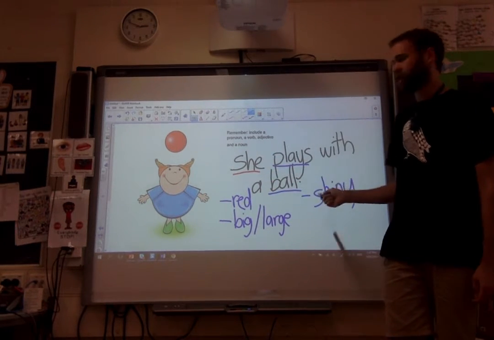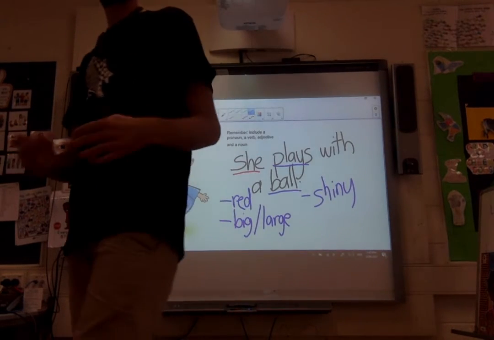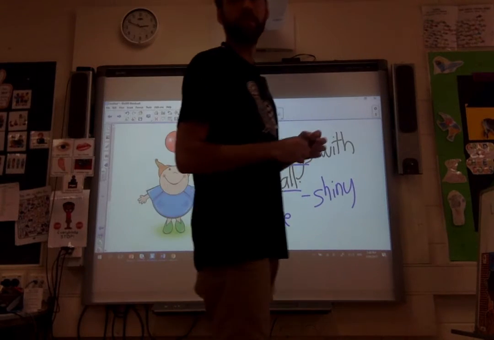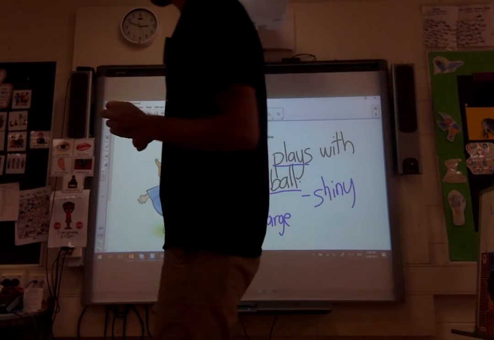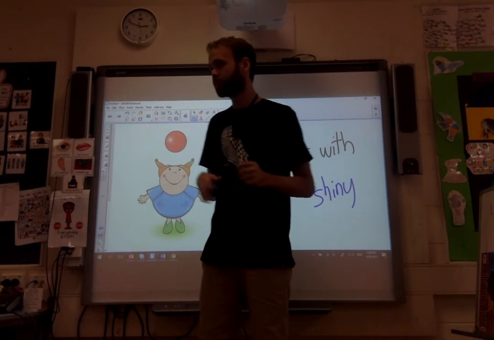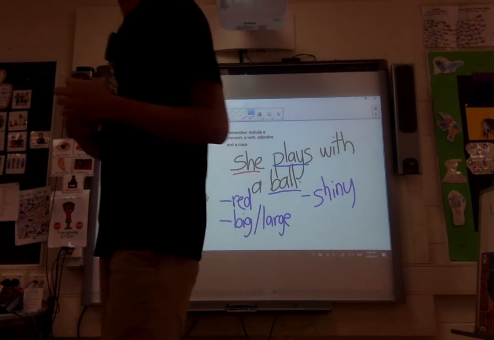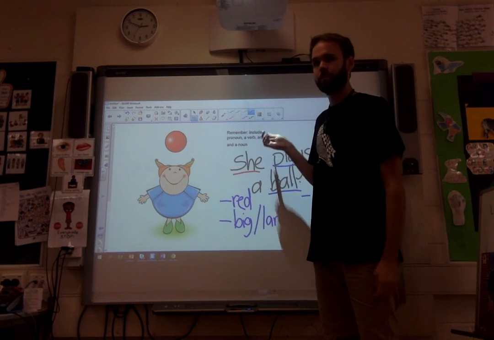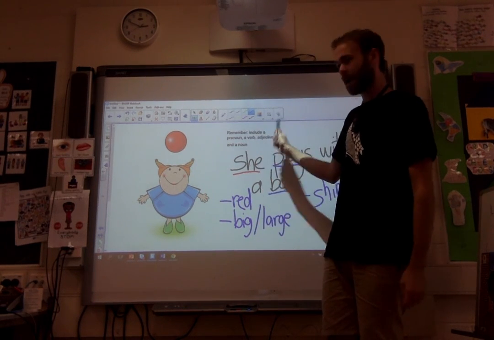She plays with a shiny ball. What is it giving you when you use those adjectives? What more is it telling you? More details. Okay, excellent. It's telling you more details. Well done. Looking around, guys, I can see everyone wrote one sentence correctly. Okay, but remember adjectives. So for the next one, I want you to remember pronoun, verb, adjective, and